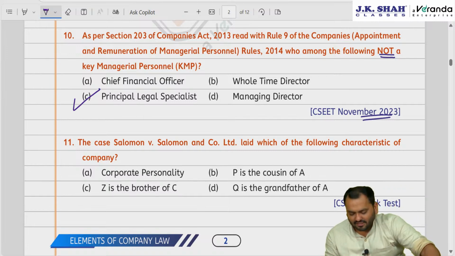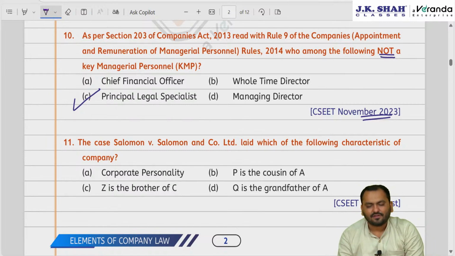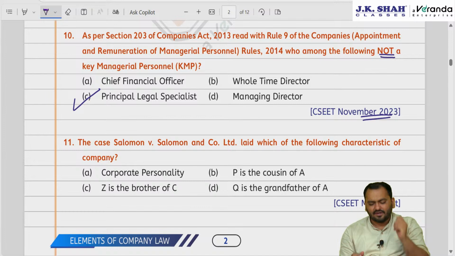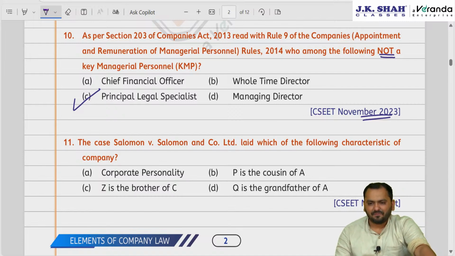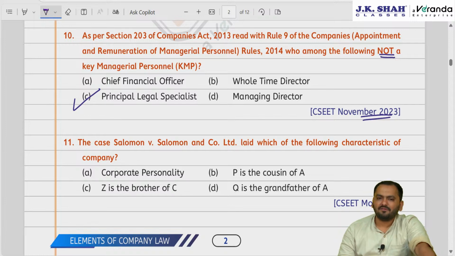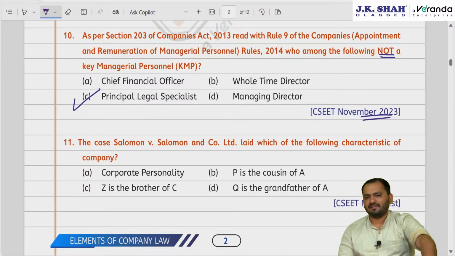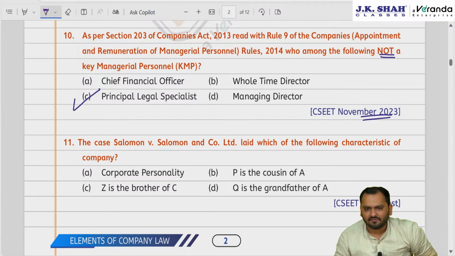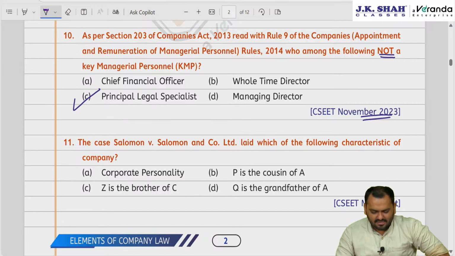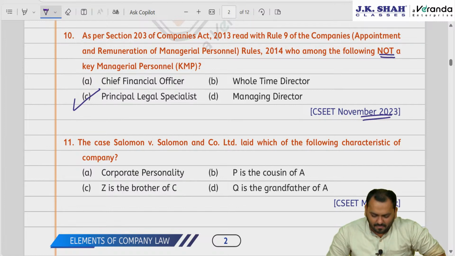Okay, now see friends, right now you are studying this section number 203 in such a summarized manner. But friends, when you go to CS Executive, you are going to study company law very much in detail. You know, company law is an entire paper, entire subject for 100 marks in your executive. And yes, it is my subject. So I wish to teach you all company law in executive if you people give me a chance. So it is very much in detail, but it is very interesting as well. Okay, let's go to the next one.